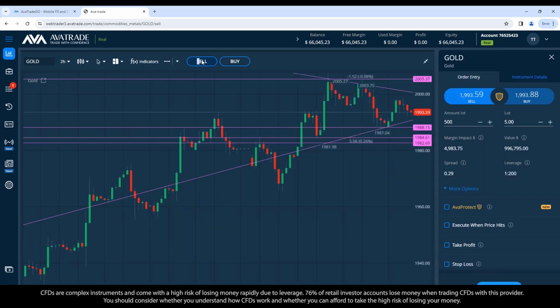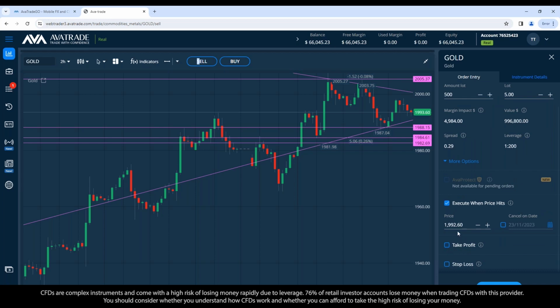Okay, now I can also set up in the opposite direction on the same instrument. So if I indeed think it'll range, I could win on both of these quite easily if it's a ranging movement still today and moving into tomorrow. So I could do execute when price hits as a sell now. If it hits the resistance up here, let's say 1999, right? Just before the resistance, just before 2000. So if the price hits 1999, just before 2000, then sell. Take profit down here at 1988.